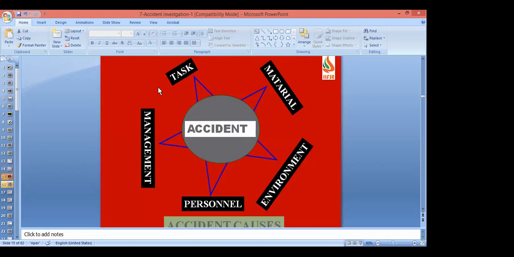You see another way of looking at causes: task, material, environment, personal, and management. These are the 5 factors involved in the causes of an accident. Task: the task may be unsafe, or the task is critical and they are not doing it properly. Material,